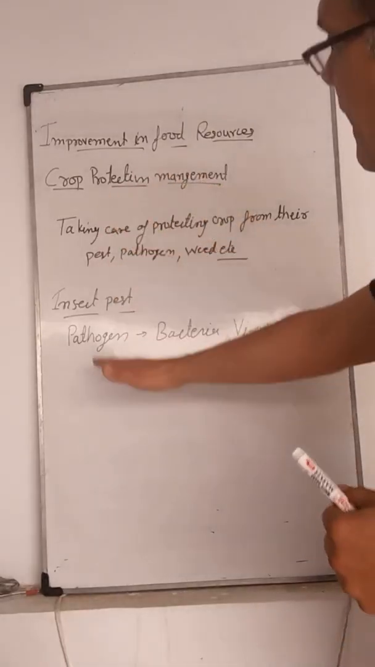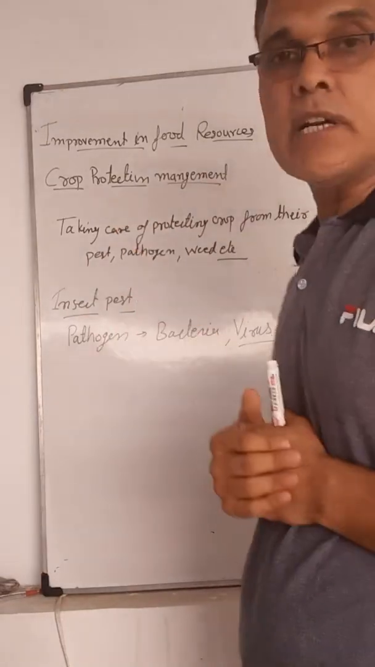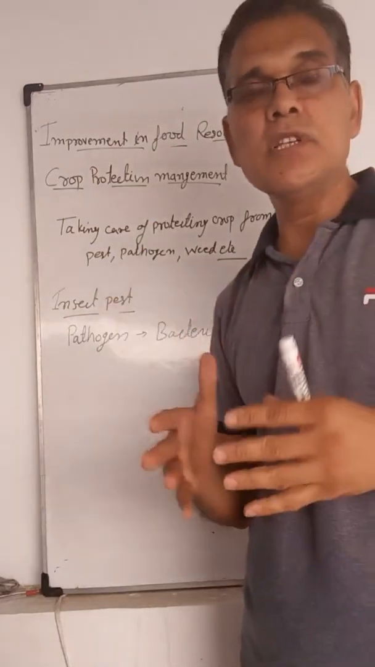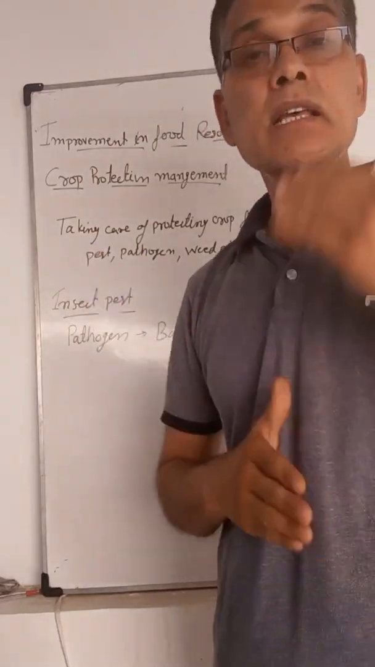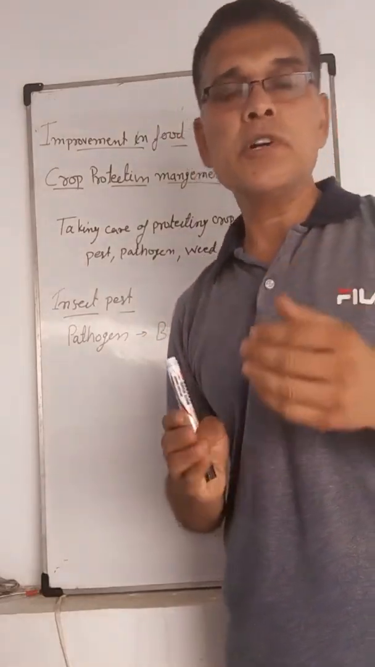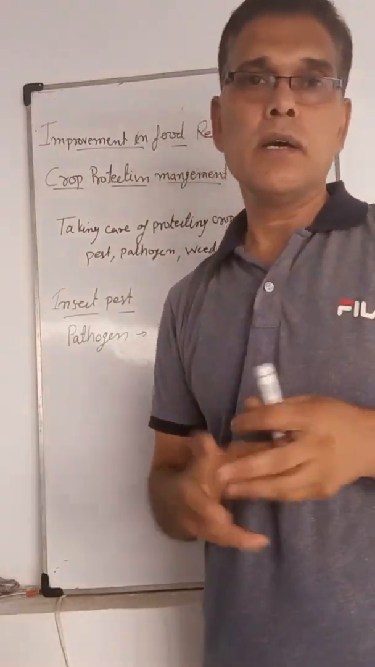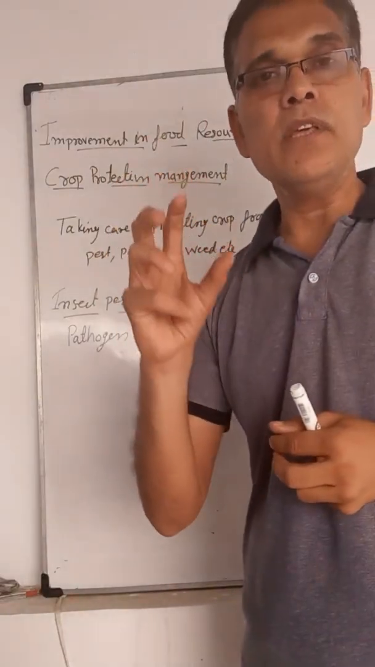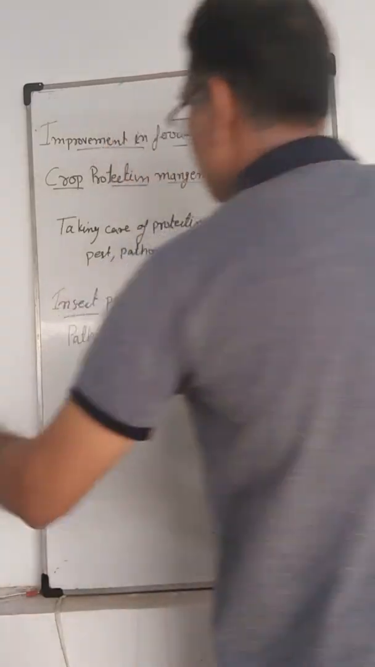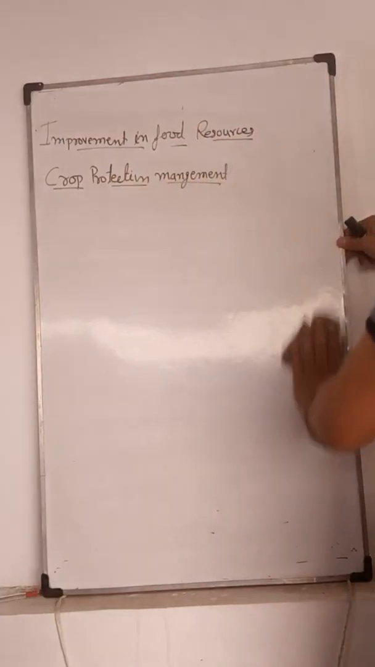Also, by applying different types of cropping patterns, we remove these insect pests by applying intercropping. We also reduce these insect pests or weeds by applying crop rotation. In crop rotation, we can remove different alternating hosts of the particular crops, and we increase the production of the particular crops. So this is the production protection of the different crops from their